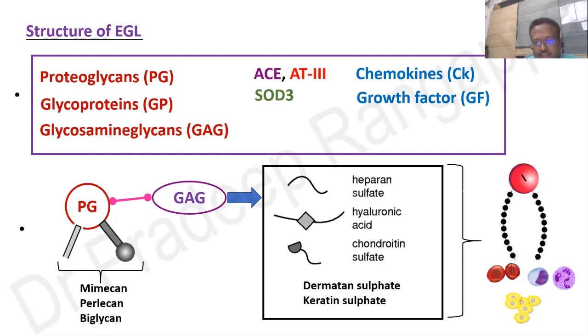The main function of these negatively charged glycosaminoglycans is that they tend to repel or drive away the blood constituents, which are red blood cells, white blood cells, and platelets. The whole utility of glycosaminoglycans, which form the structural unit of the endothelial glycocalyx layer, is to make sure that none of these cellular constituents like RBCs, WBCs, and platelets stick to the endothelium. It's a very important functional aspect of glycosaminoglycans. They are negatively charged, so they